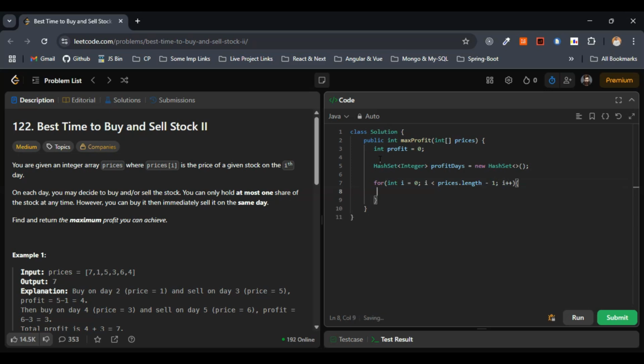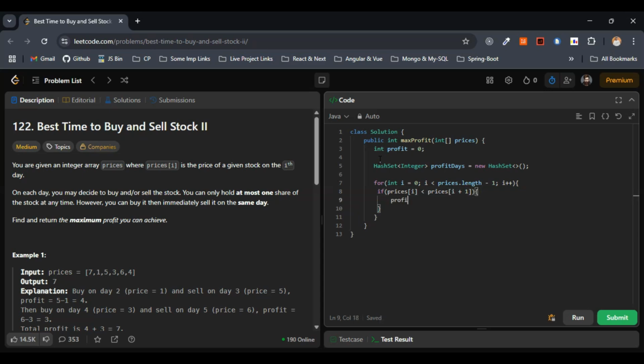Within the for loop, if the next day's price is greater, then we have found the profit, and we have to sum up all the profit that we have found, right? So let's write the simple if condition for that. If prices of i is less than prices of i plus 1, then within the if condition,